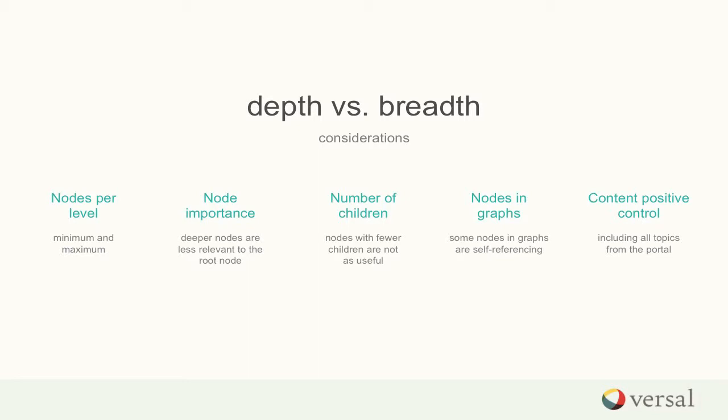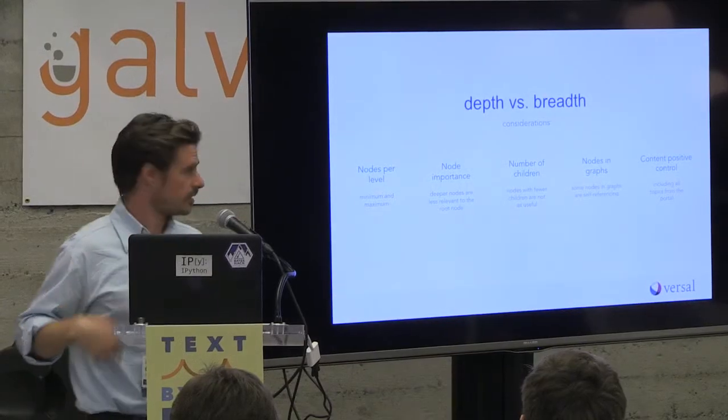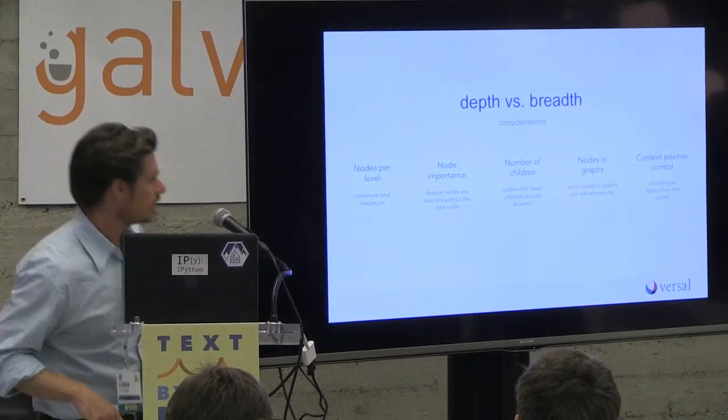Okay? We also take a look at the number of children of each node. So if a category only has a single child, we will collapse that node and merge it with a different node or a different branch. Okay? And finally, one